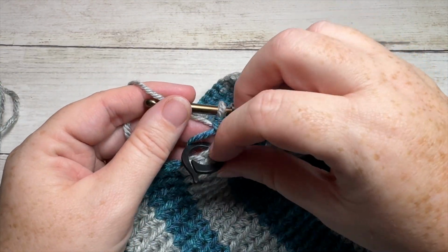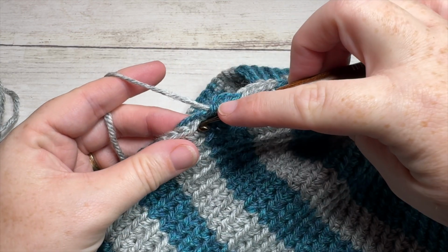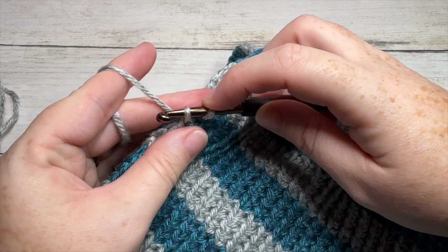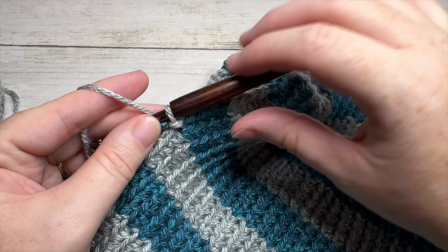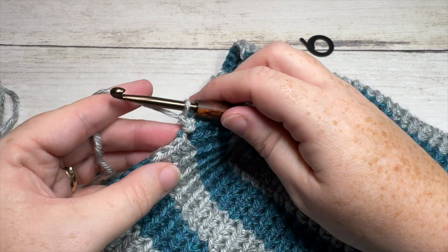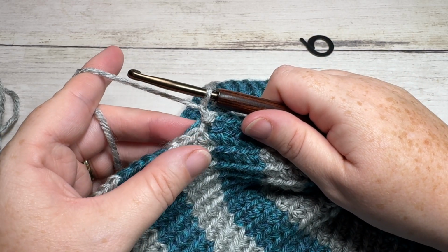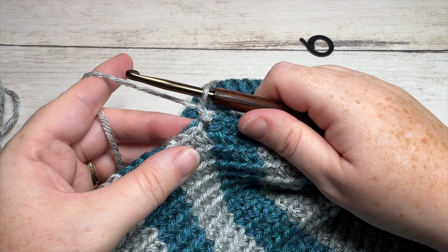You can then briefly remove the stitch marker and with your color A, join with a slip stitch into the top of the first stitch, working under both loops. You're then going to chain 1. We're now going to begin working the toe of our stocking, and for rounds 31, 32, and 33, we're going